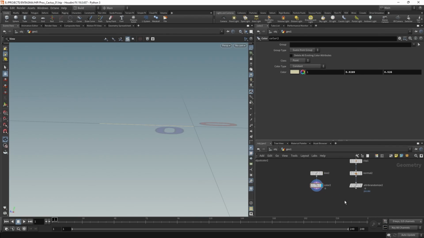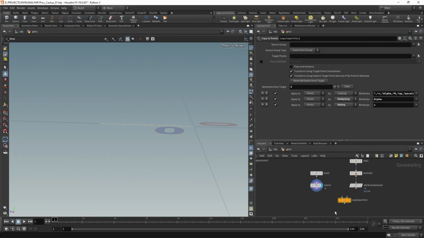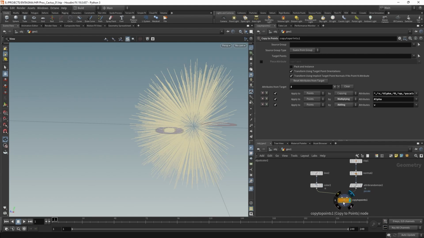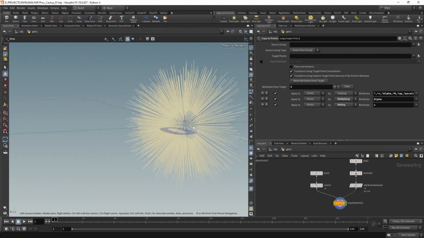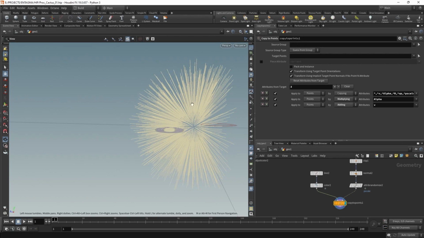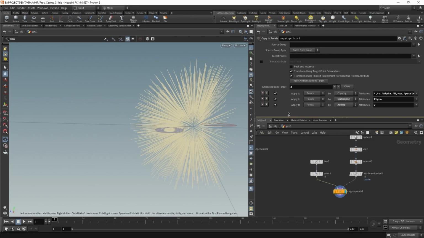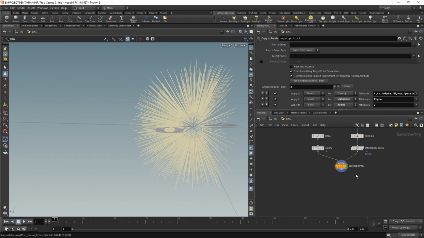All right, we are finally ready to use a copy to points node to take these individual lines and copy them onto those points coming in here. So let's wire this in here and highlight that. Now we can see we have this starburst shaped bunch of hairs, which of course is a bit too regular. So in order to break it up and make it a bit more organic and crumply, let's attach a mountain